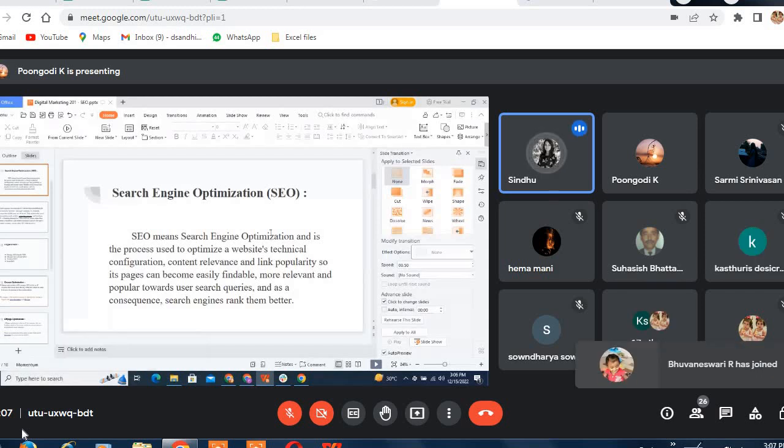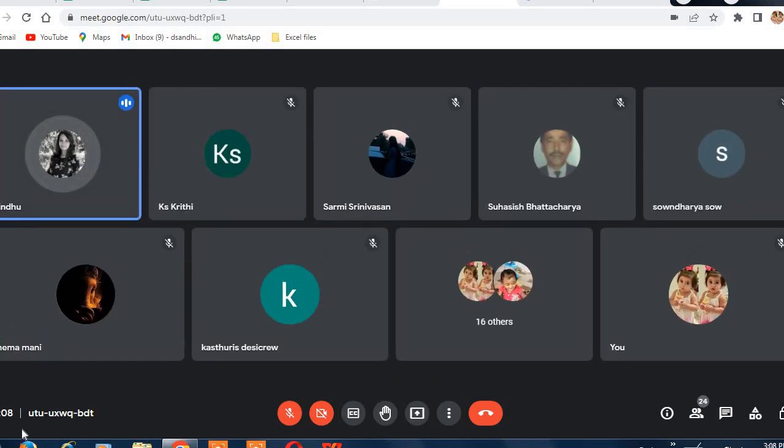For example, if you search for a movie name, what will you see in Google? The first links will be about the movie. You'll see a Wikipedia page, and then the bookings, like some apps. What do we have for online ticket booking? I think it's Book My Show, right? Apps like Book My Show also appear in Google. So what have they done to make it appear on the first page? That's what we call